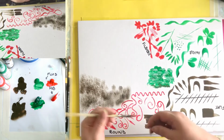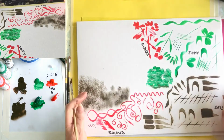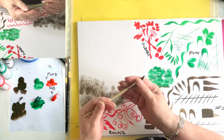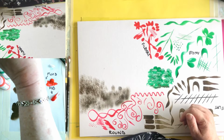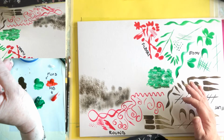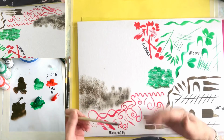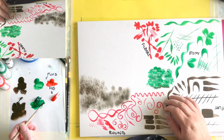Right, let's get on to nearly our last brush, which is the, how are we doing for time? Oh, we're doing all right. This striper stroke dagger stroke sword, and it needs a lot of water on it. Maybe it's just this particular brand, I don't know, but the brush itself intrinsically has very little strength, so it needs some water on it to help it on its way. If you were going to use it with heavy body paint, you need to water the paint down considerably,